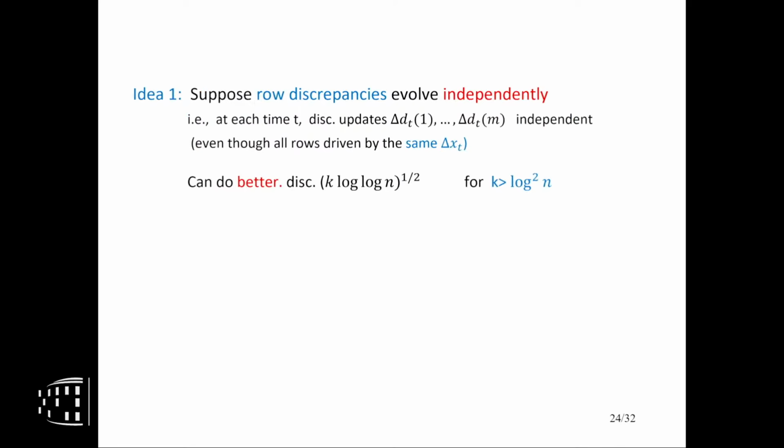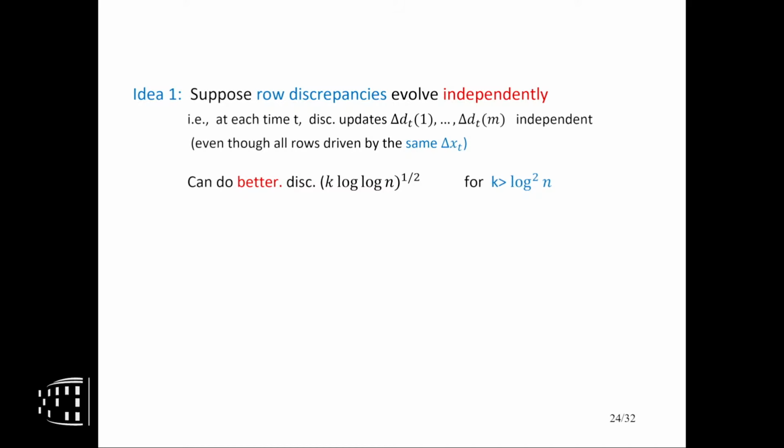Okay, so here was the key insight. Suppose I could also ensure that if I look at the discrepancy of different rows, they evolve independently themselves. Now, a priori, this does not make any sense, because I'm picking one delta x, how I update my coloring. That determines the discrepancy of every row, like ai dot delta x. So, for example, my rows could be almost identical. So what do I mean they are independent? They'll almost vary in the same way. But let's ignore that worry.